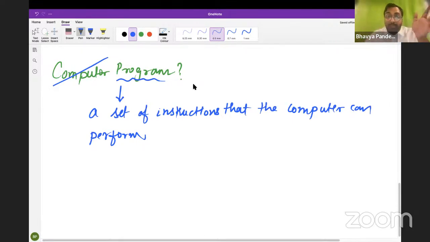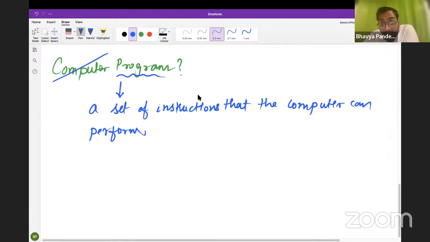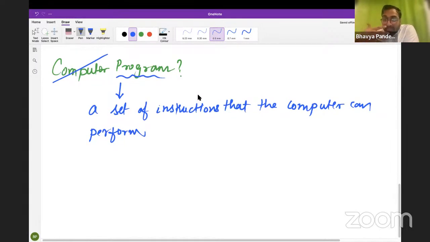Anyways, we know about computer programs as well, right? What are computer programs? Now the question is, what is the medium using which you will give these instructions to the computer? We know that the set of instructions is called a program, but how will you actually convey this program? Let me make the question more clear. I am talking to you, right? I am teaching you, I am giving you some information, some instructions, suggestions, whatever. What is the medium I am using? So what I'm trying to say here is